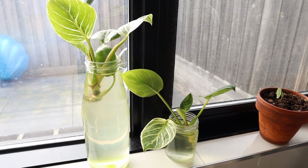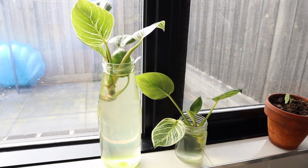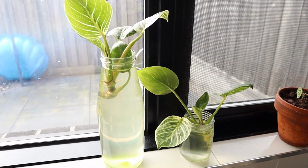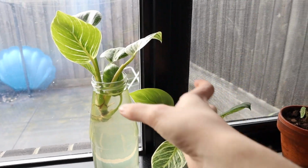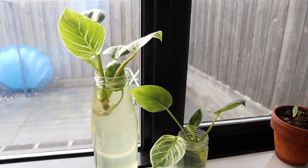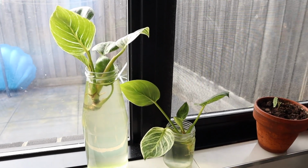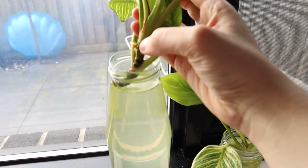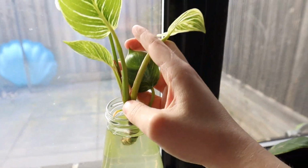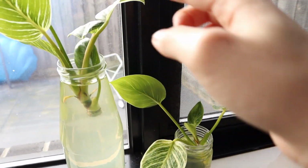So what I did was I took it out of the pot, I trimmed off all the rotted roots, and I put it in some water. Originally it was all just one plant, so I had the whole thing in one jar of water, and the leaves were still dying off. So I then had to cut it right back down until it was just basically a node, and then I put it in water, and it's been in water for maybe a month now,